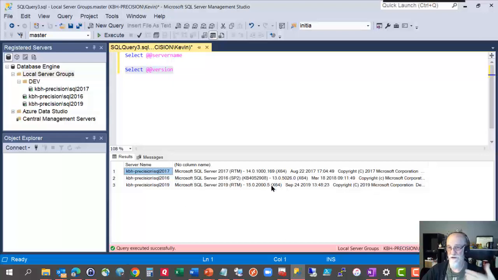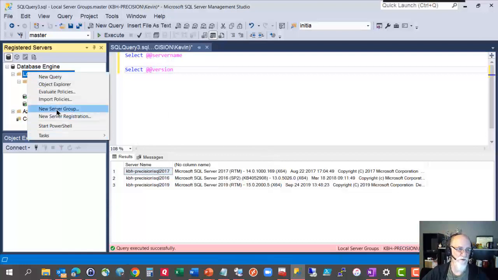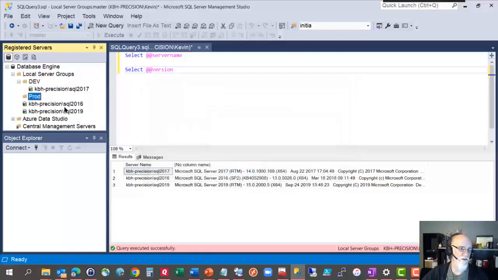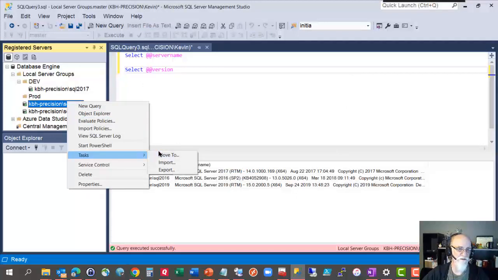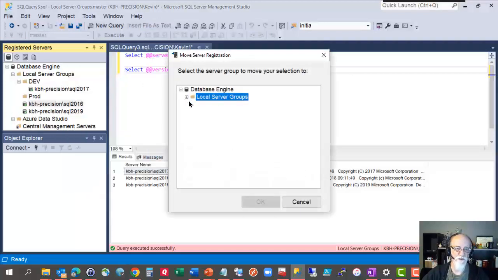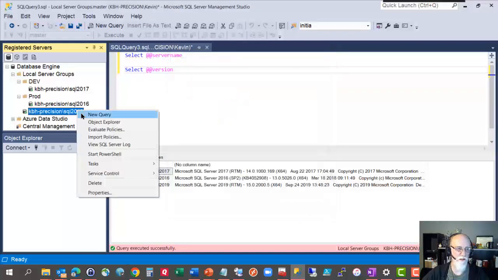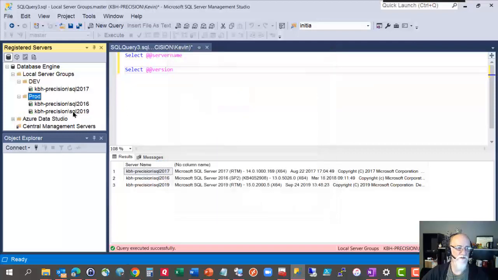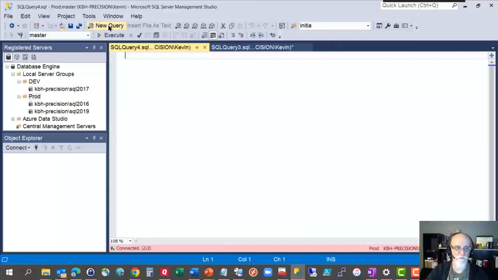I run things at RTM because I might need to do a test patch to get to a particular client build. If I wanted to break this up to just prod, I would go ahead and do the new group. I'll show you that, even though I said I wasn't going to. Move task, move to, this is a prod server, pretend. Let's see, task, move to prod also, there. So now if I want to query just prod,